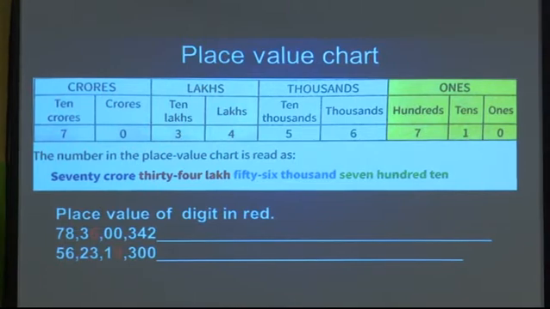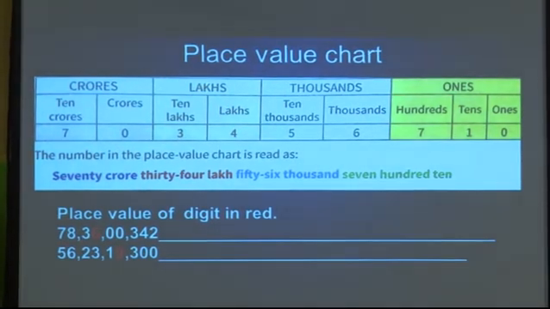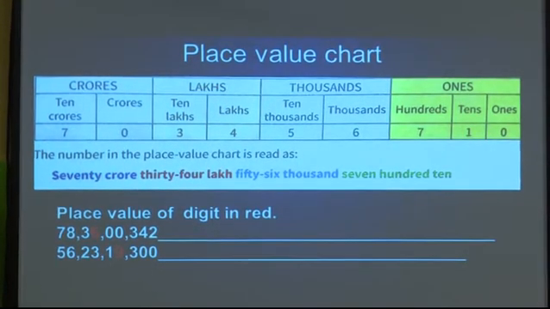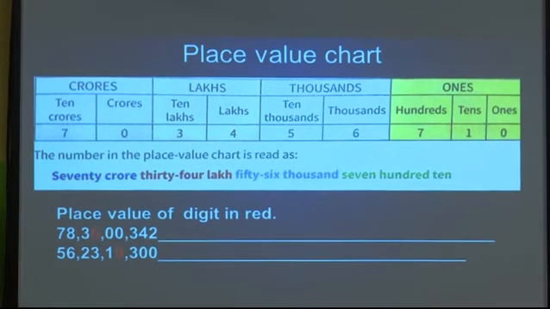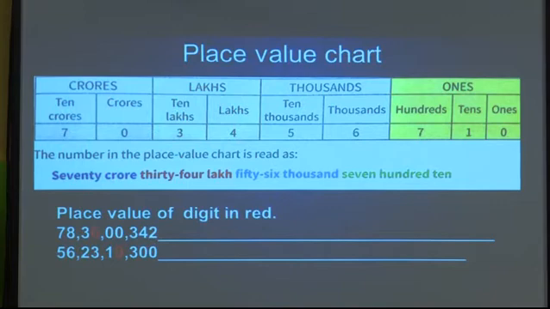Lakhs, we are having 34 lakhs, so 3 and 4, 5 and 6 which is in the thousand place, so we say it is 56,710, because it is in the hundreds place. So in short you have to remember this: after thousands come lakhs and crores, and today we are going to learn about the 8-digit and 7-digit numbers which are in the crores place.